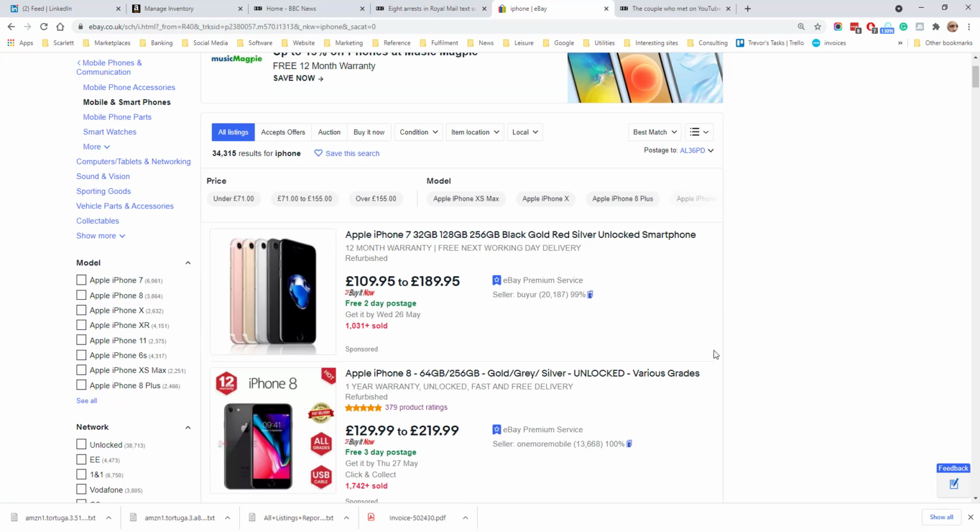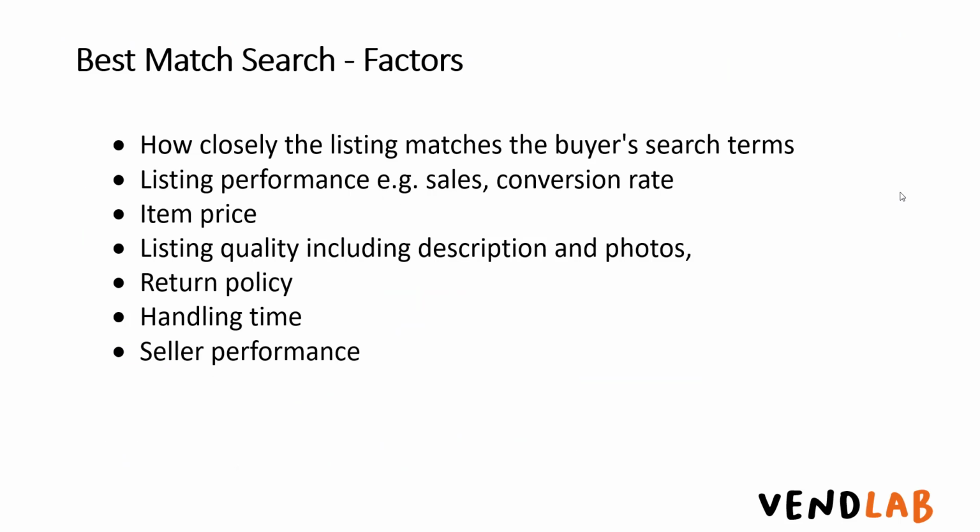Best match uses a number of factors to decide the sorting of listings. The factors it uses include how closely the listing matches the buyer's search terms, i.e. does the content in the listing have the search terms in it, the historical performance of the listing, so it will look at the sales and the conversion rate of the listing, the price of the item, it'll favour more competitively priced items, the listing quality, including the description and photos, it will give preference to descriptions which have a fully filled out listing including attributes, description and multiple photos, how generous the return policy is, how long the handling